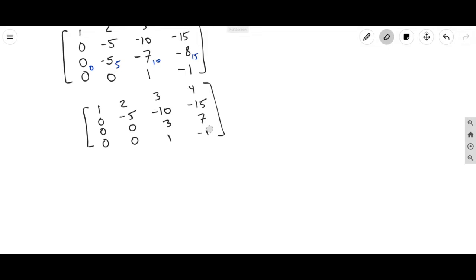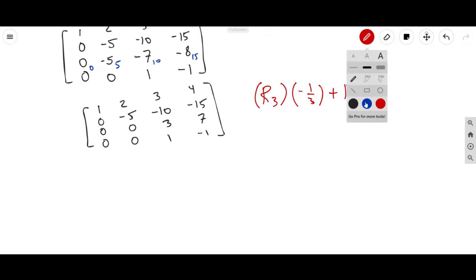So your answer is going to change by a negative sign. I just want to show you what happens if you do not swap anything. So to put a 1 over here, what you have to do is take row 3, multiply by -1/3 and add it to row 4. So if we do that,